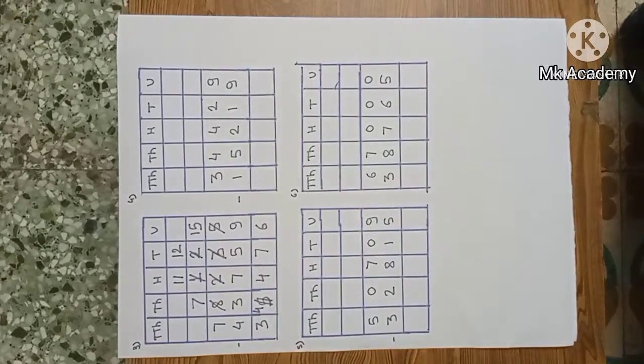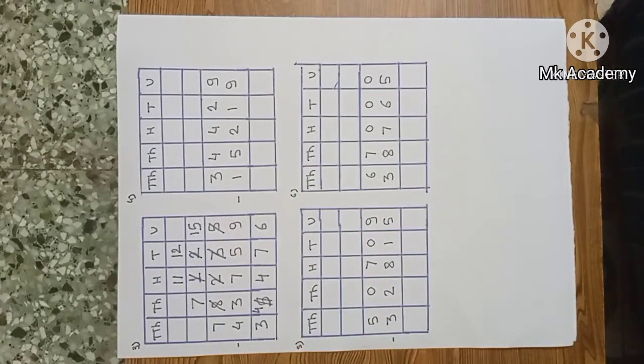4,000. And 7 minus 4, 3. The answer is 34,476. Now next example,